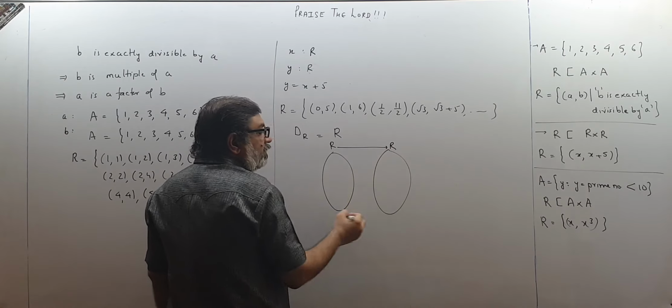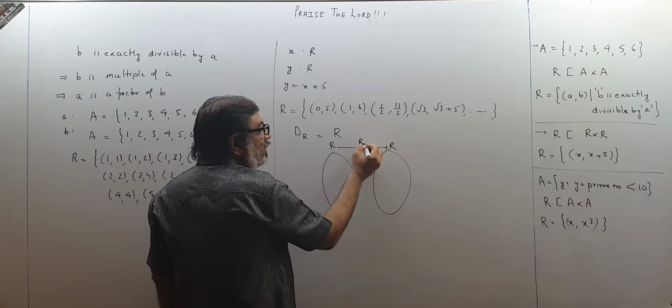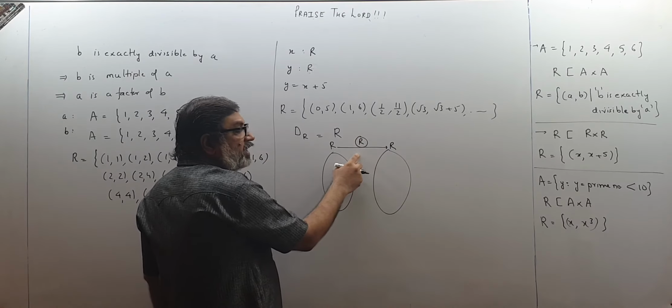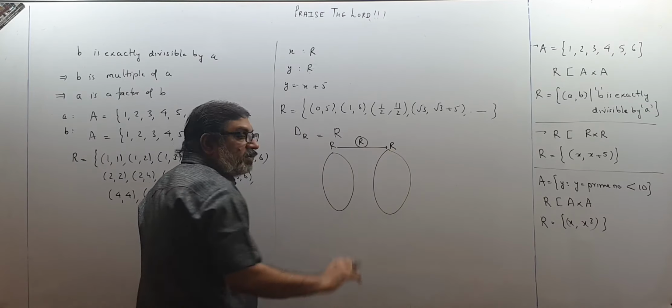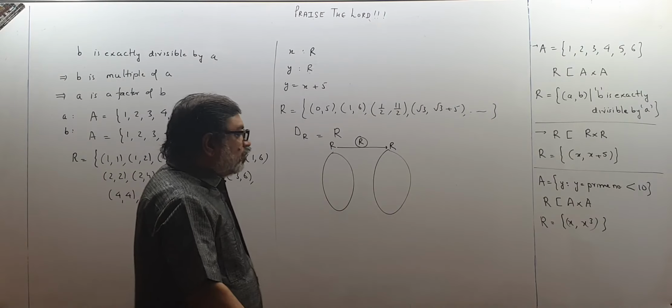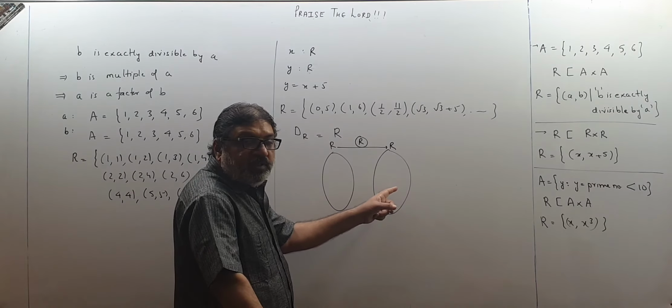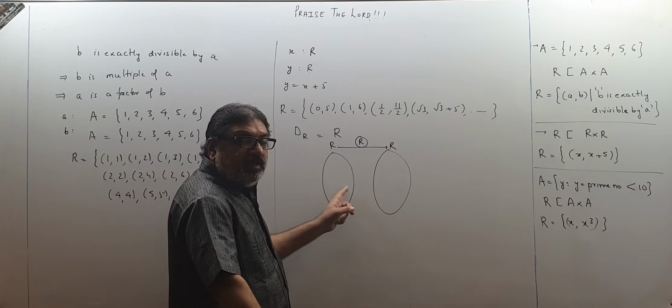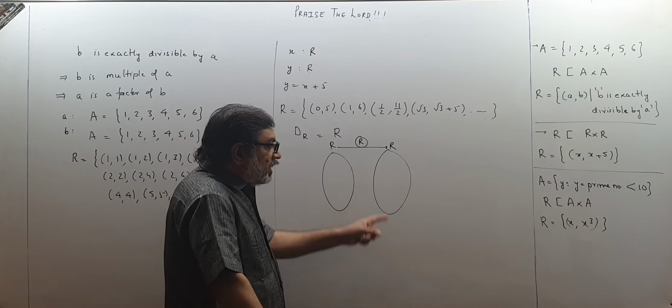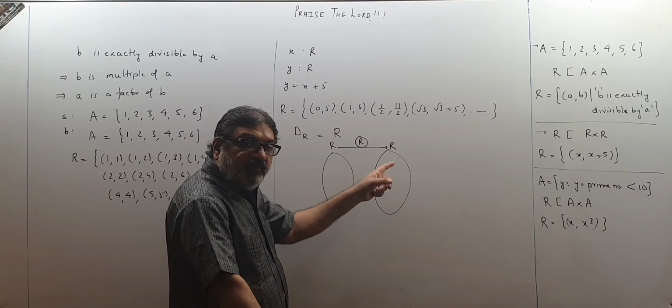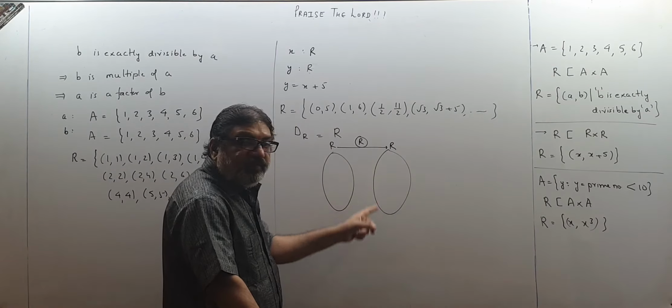Okay, all the set of real numbers, and this is our relation R. This R stands for relation R and this stands for the set of real numbers. So do you think any element will be left out from here? Supposing you think 8 will be left out, that is wrong, because for 3 plus 5, I will get 8. So therefore all the elements of R will be included in the range. No element will be left out.